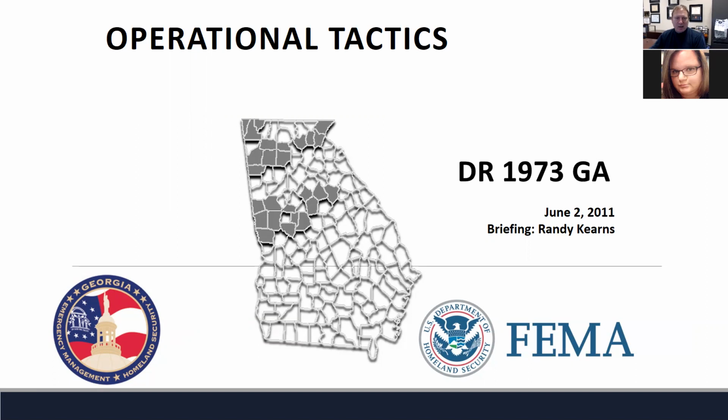And actually, this is Alabama here. There were a number of deaths and injuries in Alabama where the storm system came from. And just as a point of clarification, DR 1973 GA is a unique identifier for a major disaster declaration that's specifically for Georgia. Earlier, I mentioned the Alabama tornadoes were DR 1971. That's because they actually got a declaration before the Georgia tornadoes. And so that would have been DR 1971 AL.